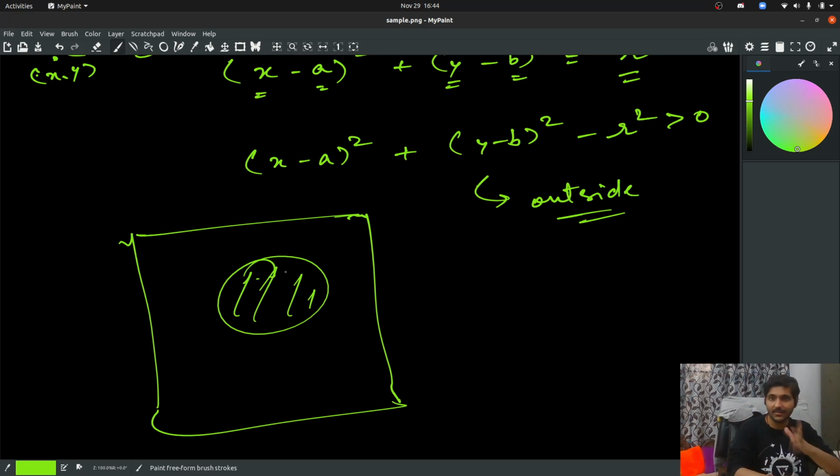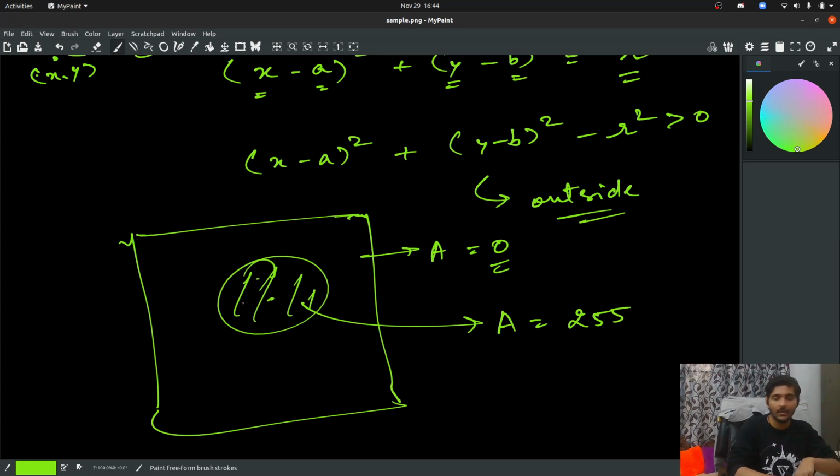Okay, and this is a circle, by the way. So the basic aim is to try and crop a circle. We know these coordinates, we know which pixel coordinates are inside this circle. All we have to do is, earlier we made the whole image transparent, right? Everything, the alpha channel, the A channel was 0 for all the pixels. Now for here, we will make A equal to 255. That means now only this is opaque, okay?